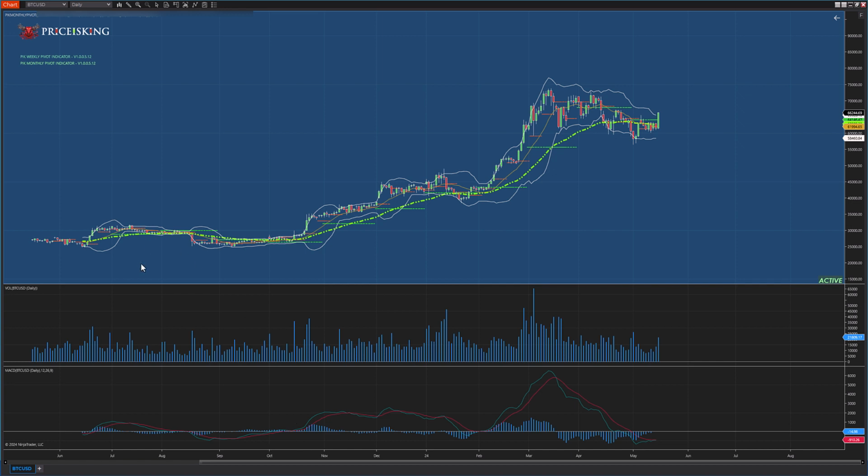Okay, so what I do, so that you know, is I have the Bollinger Bands on this. I have my proprietary RAM indicator on it, and I have some pivot points. The weekly and monthly customized pivot points are on this chart. I also have the volume below, right around here, and I have the MACD. I like to use these. Sometimes on the intraday charts, I like to use the RSI as well. But for the time being, for the analysis, we're not going to use the RSI. We're not going to use anything else. We're going to try to keep it clean and just show you exactly what's happening with Bitcoin, where